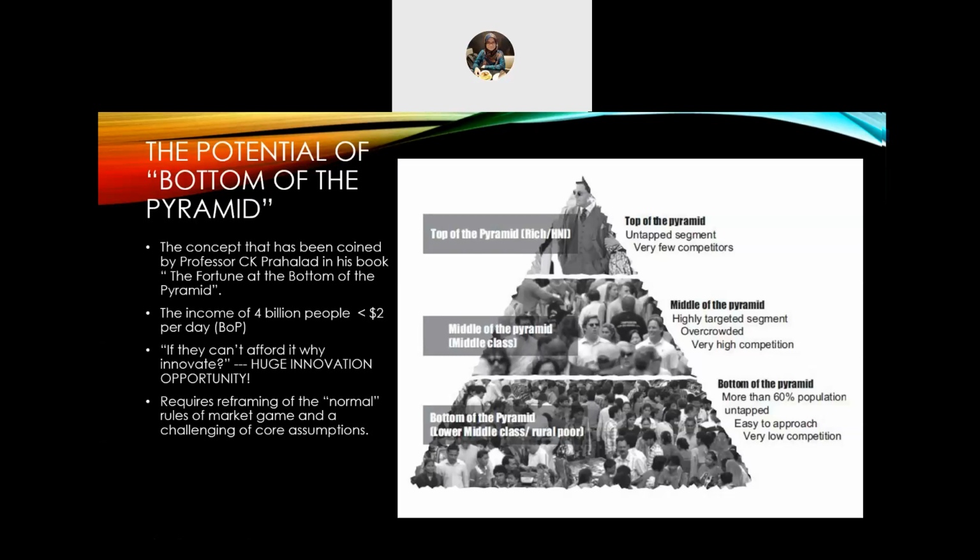But who is going to sell them shoes at a very, very low price that they can afford to pay, and that they can use for quite some time, which means good quality? There are companies that sell very cheap slippers, for example, for children. But the problem with children is that their feet always grow. So how are we going to offer them shoes that can be used by children for a long time? So we need to invent a shoe or slippers or sandals that